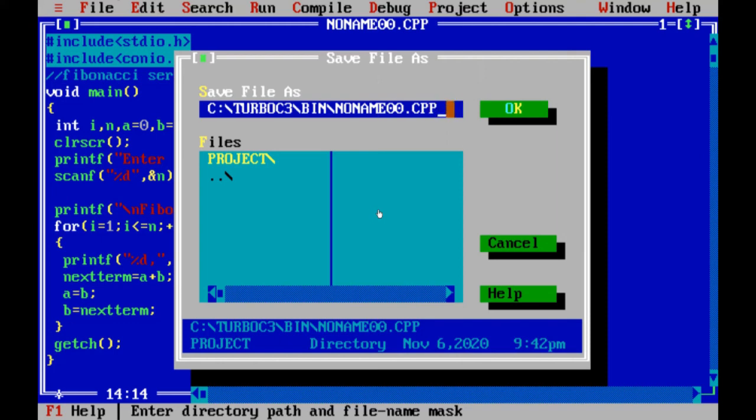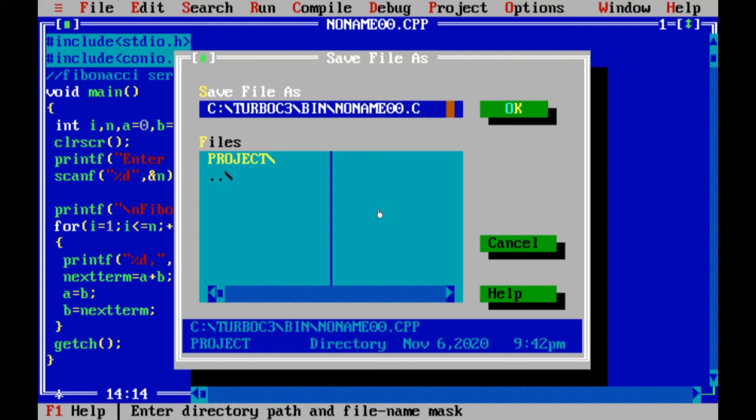So the .cpp extension implies that the program is of the programming language C++. What we are going to do is change it into the programming language C. So the extension for a C file is .c.